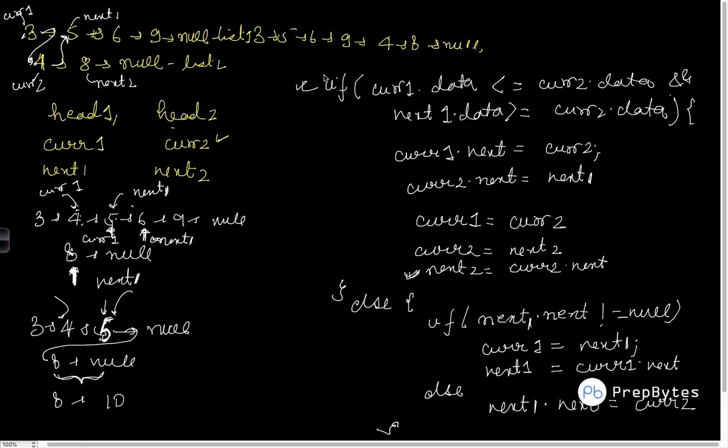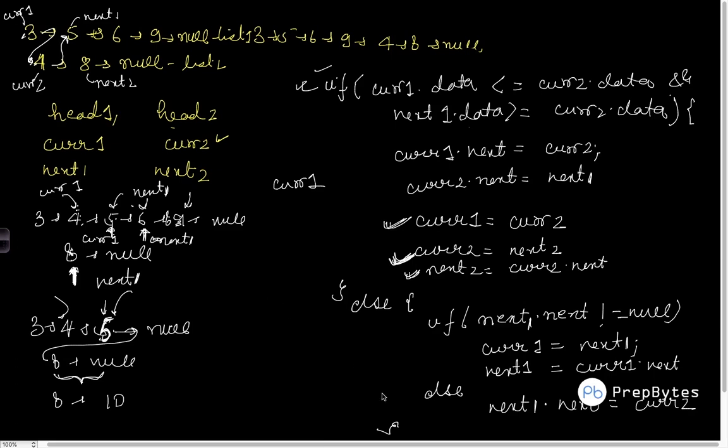Again we will do the same calculation. We will check that if 8 goes on here, no, it doesn't go on here. Again we will go ahead, this becomes my cur1, this becomes my next one, and then 8 goes on here. Okay, so now let's say 8 goes on here and one of my lists has become null. As soon as 8 goes on here, we'll update our cur1, we'll update our next one, we updated our cur2, and we also updated our next. So now this cur2 is null right now. So now I need to stop.